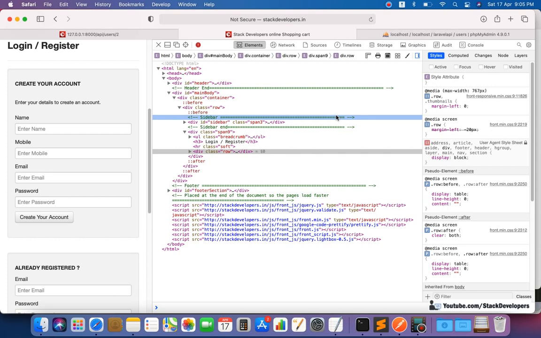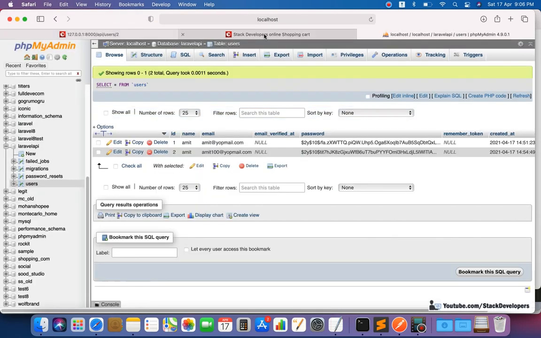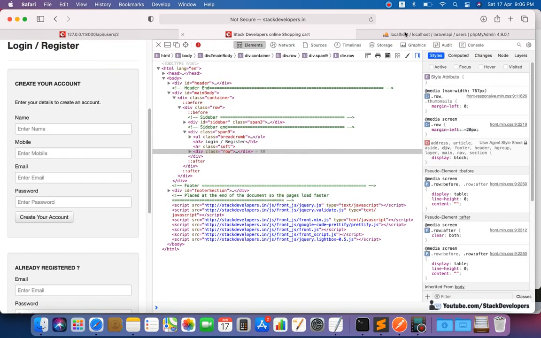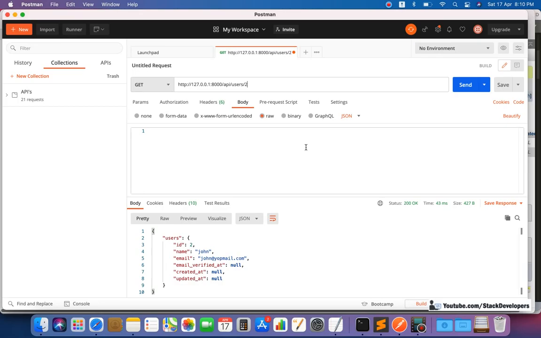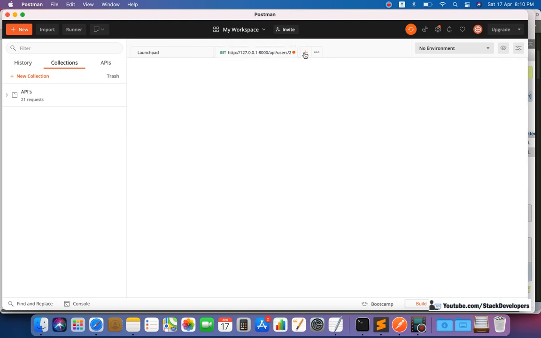So this is the work of the Post API, and in this video we are going to save user data. We will assume that we get the user data from the Android app, and we are going to save it in our users table with the help of the Post API, and we will use Postman once again. In the last video we used the get method, and now we are going to use the post method for getting data from other sources so that we can save it. I will add one more request here.